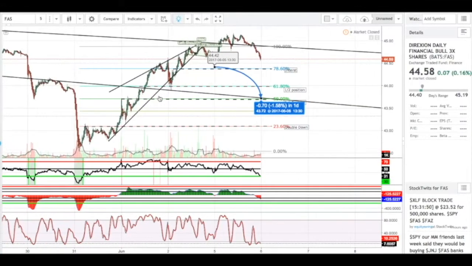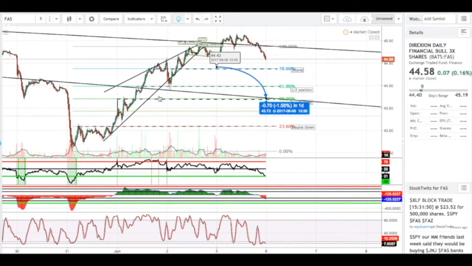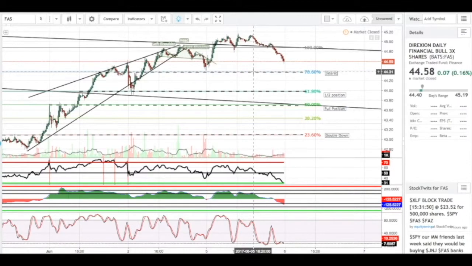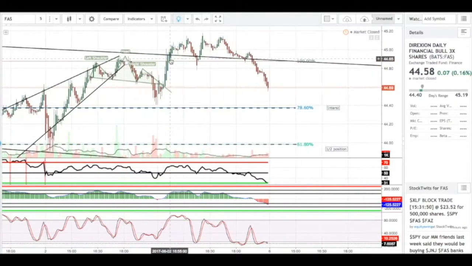On the 5 minute, we have an ascending wedge, and this is very interesting. I had us coming down to the 50% retracement level, which I very well might take a position in if this drops to 43.50 levels. But as far as the ascending wedge goes, you can see it's pretty clear, and we have a little head and shoulders right here. We barely get below it. We come up higher. This high point, or this reversal point, would probably be where these two lines touch,